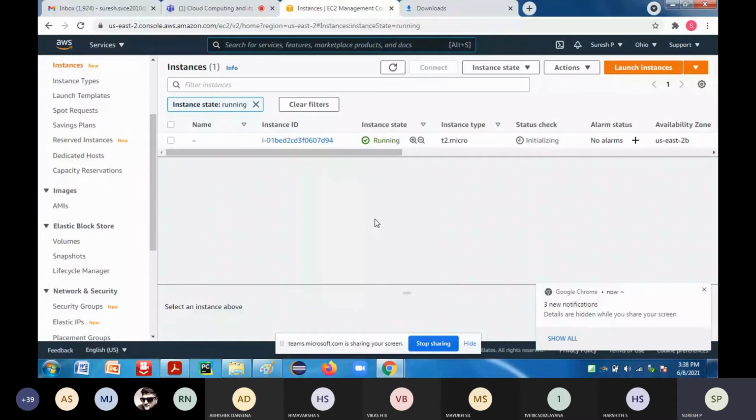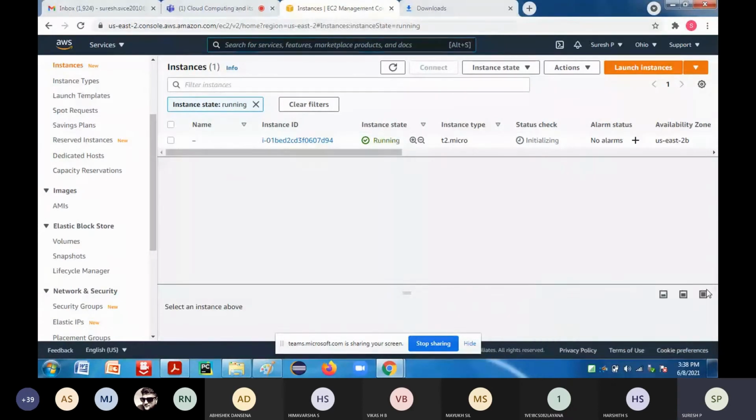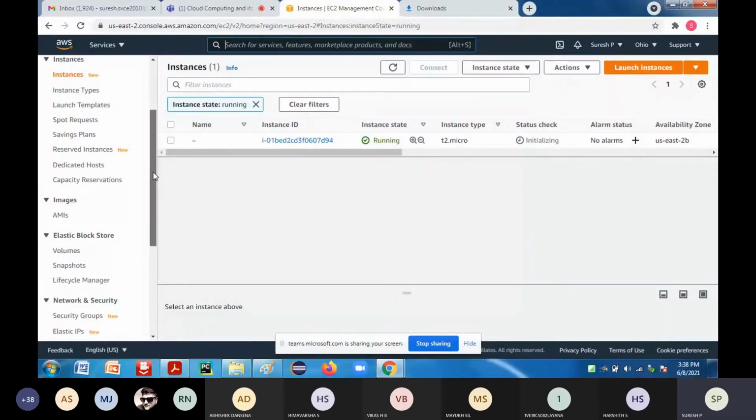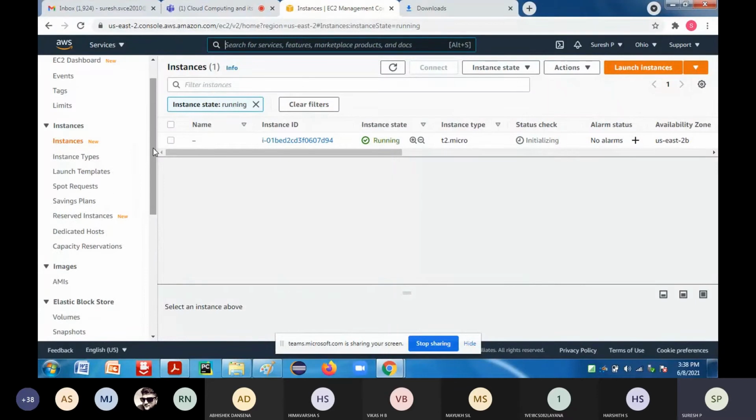Whatever changes you made and whatever applications you installed in that instance will be gone. So that should also be saved. To save those changes in the instance, I have to create an AMI, that is Amazon Machine Image.